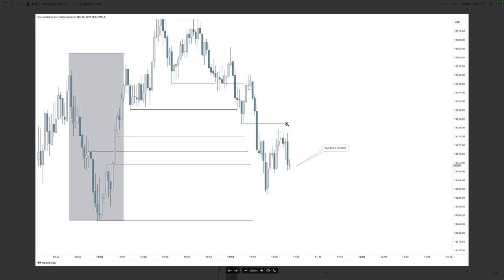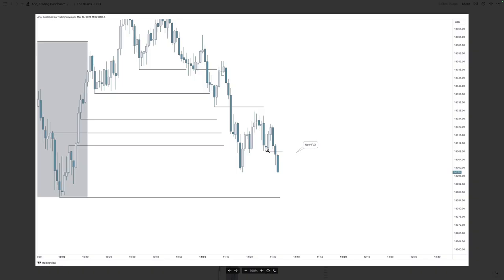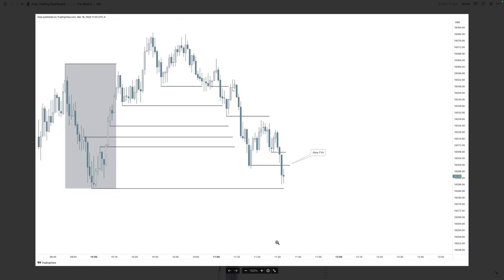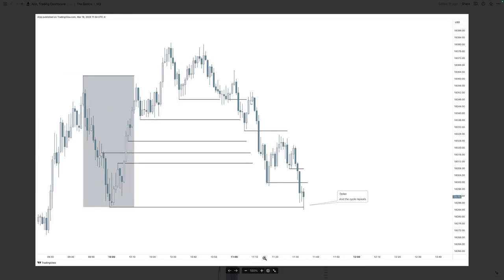We did not come into the fair value area, but we also did not even incorporate any other PD array besides the fair value area. Where if we now incorporate fair value gaps, we can see why we stopped at that moment in time as well. So right here, what do we see? We see right here, new fair value area where we are starting to get those big down candles. And afterwards, we have a new fair value area as well, where of course, those big down candles lead to,